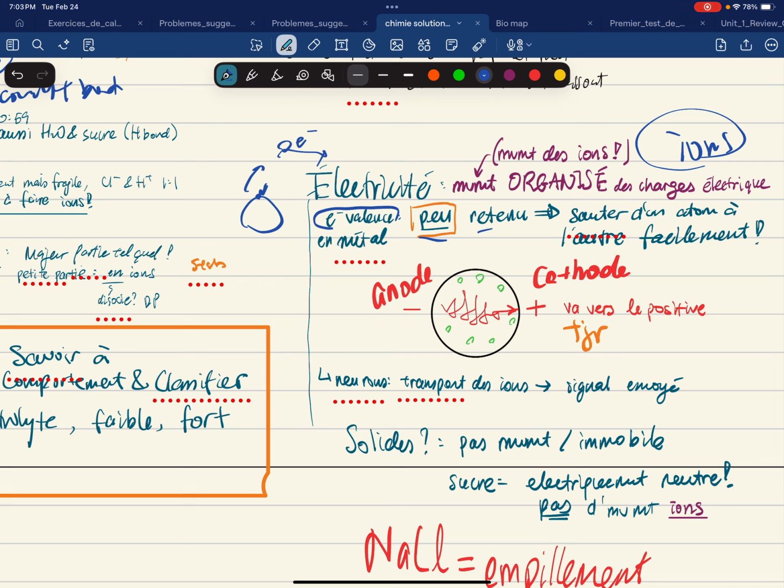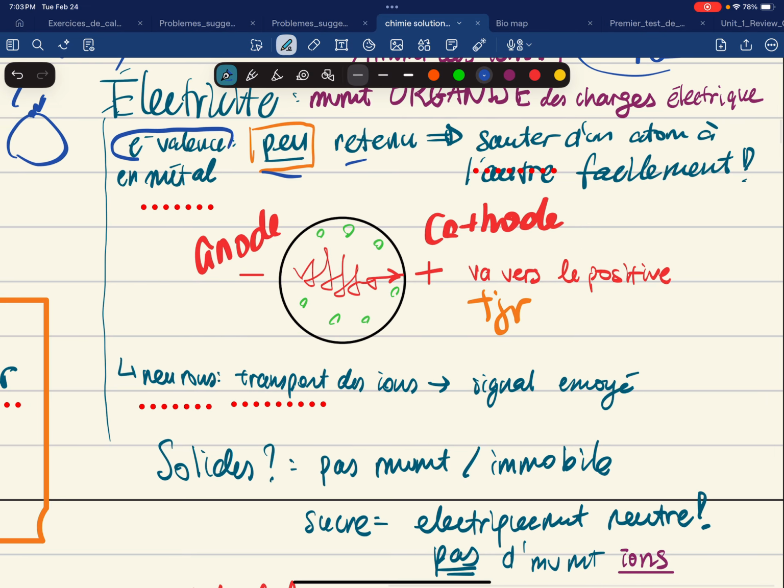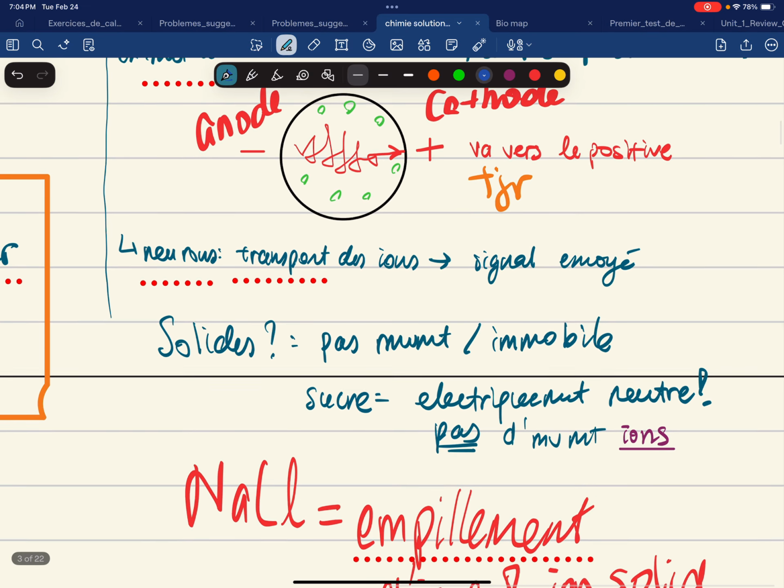But that's in the metal. I think l'électron qui saute, c'est seulement pour les métals. Yeah, so l'électron qui saute sur un autre métal, c'est seulement pour les solides, c'est les métals qui vont